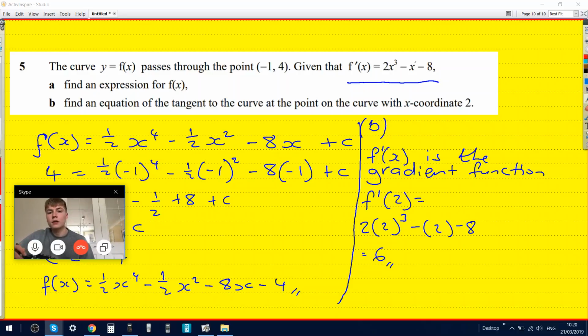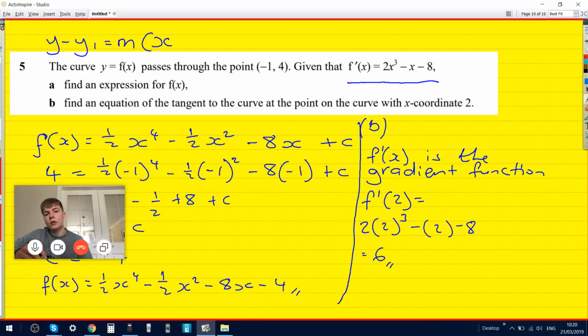It's basically if you multiply both sides by y2 minus y1 over x2 minus x1. You get it? y minus y1. So y minus